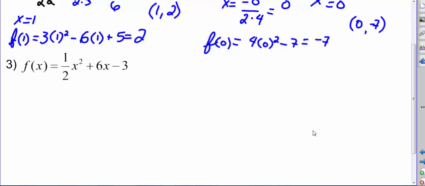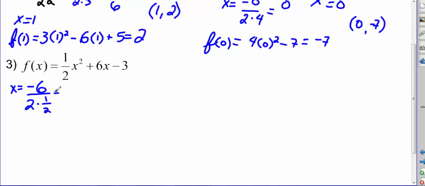All right, here we go. We have our function here. Let's figure out what our axis of symmetry is going to be, and let's figure out where our vertex is going to be after that. So in this case, we're going to figure out that our axis of symmetry is negative b, so we have a 6 sitting here. So it's negative 6 over 2a, so 2 times